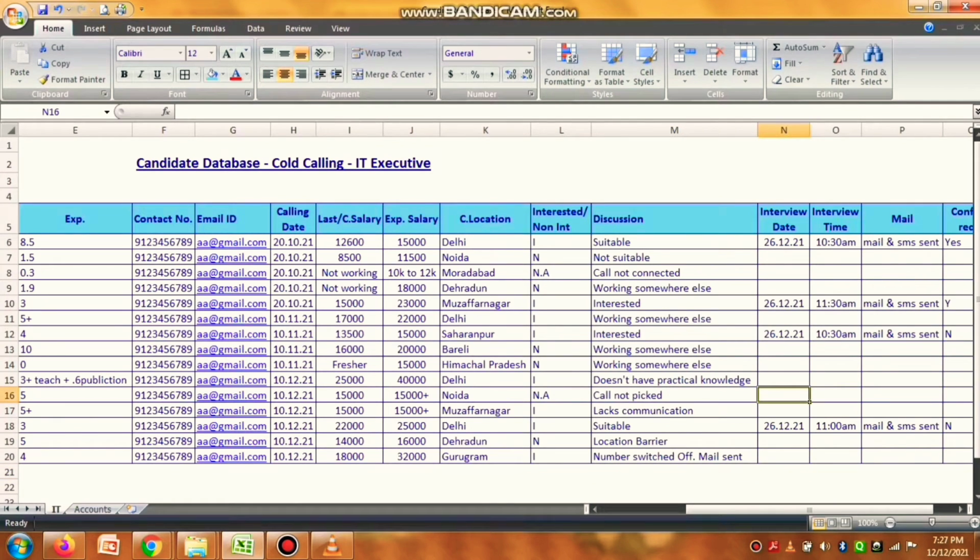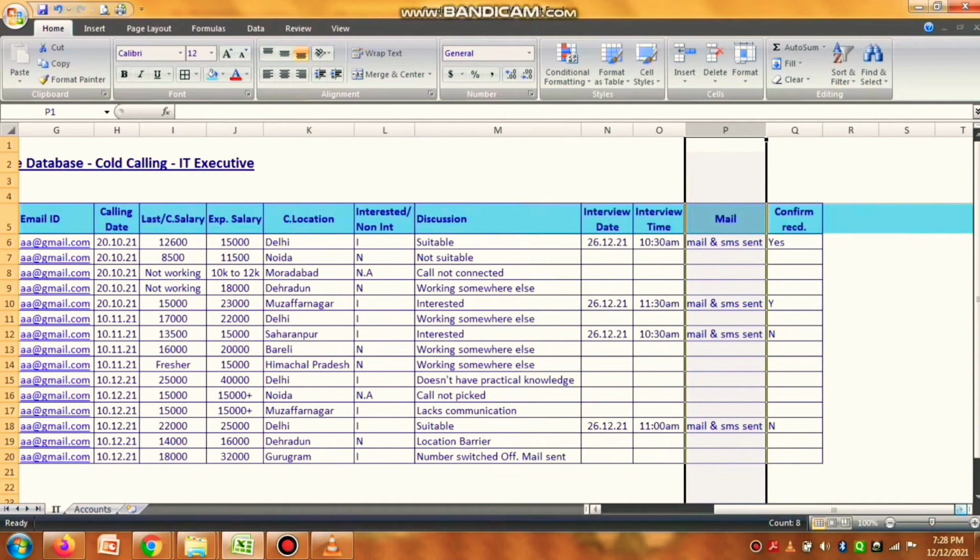Fine. Next here, this is interview date. Now we have interview date and then interview time. We can mention over here whatever time you have allotted. Okay, these things I have written myself. All these things are dummy. Whatever time and date you have to give, you can give as per your company norms and policies.